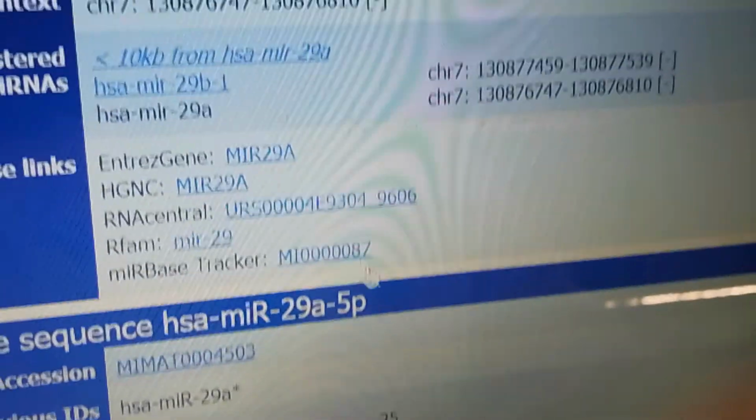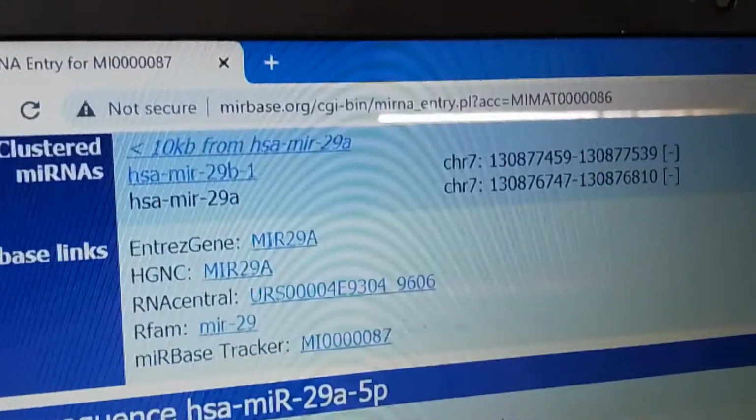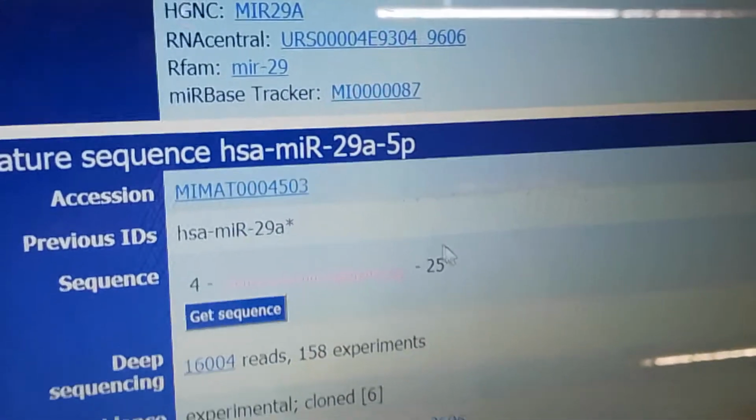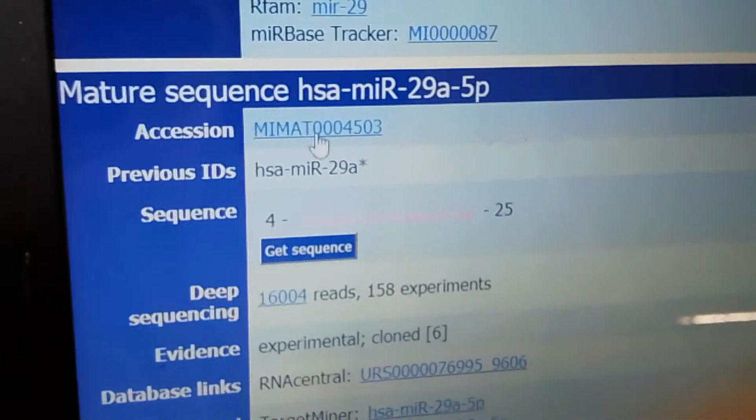Information, genome context, clustered microRNA, database links, and so on. So now in this other page below, we see the mature sequence of